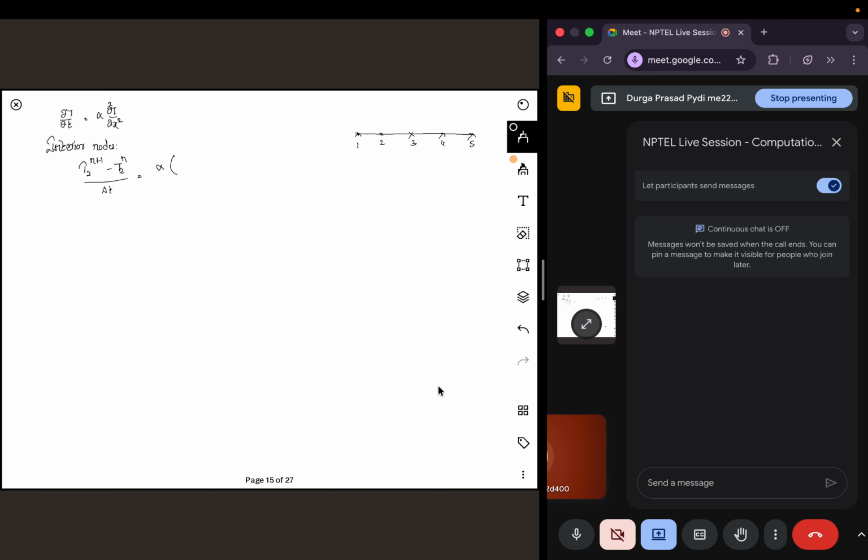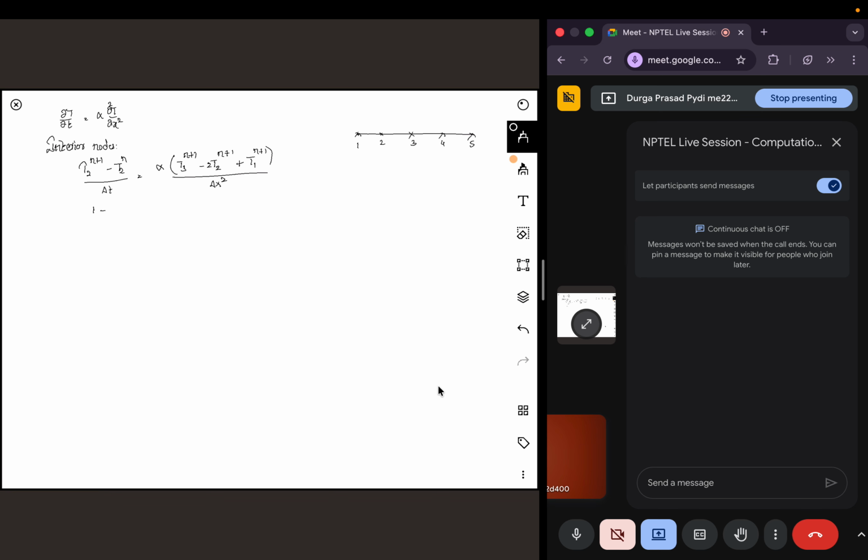So unlike the previous one, now we'll have Ti plus 1 at n plus 1 and T1 n plus 1 by delta x square. So we'll just take all the known terms on one side and unknowns on the other side. So that would give us